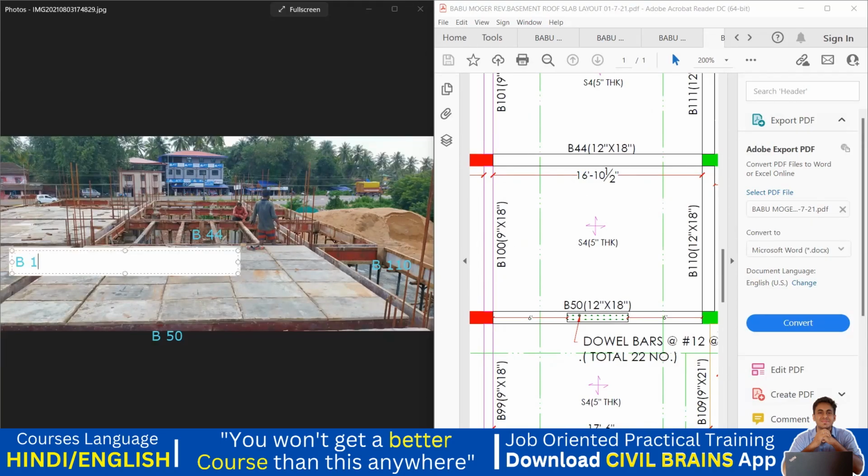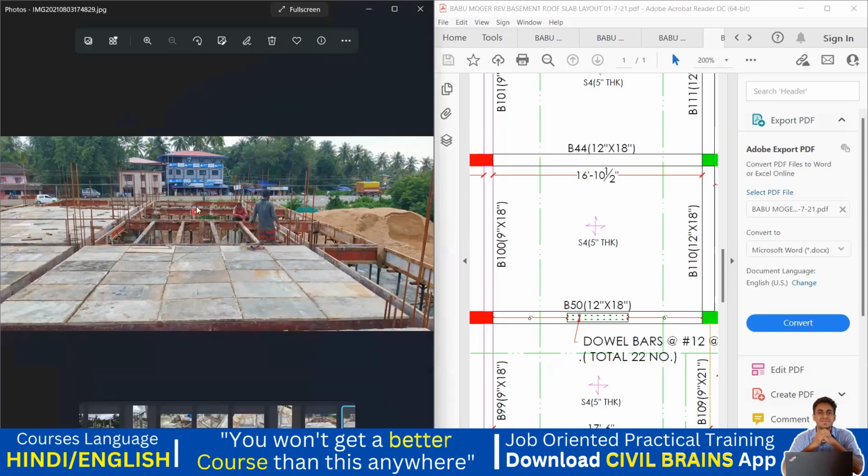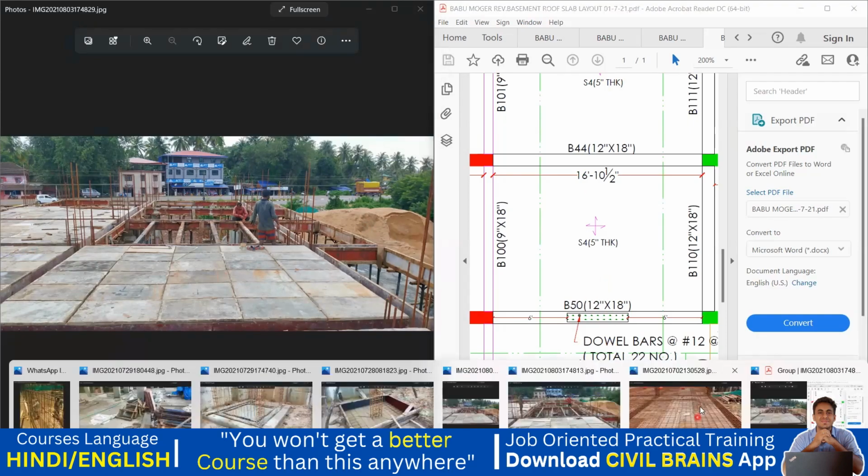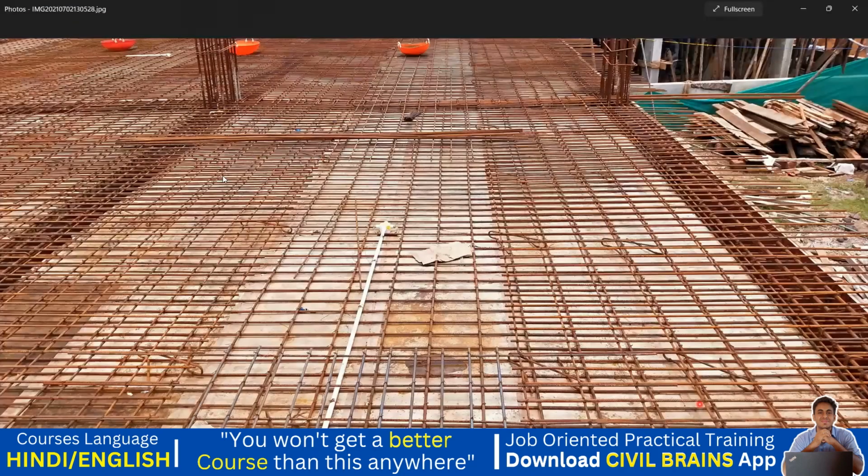Got it? So this layout will help me to arrange the beams and the slab centering practically on the site in this way, so that the carpenters and all can arrange all those cross spans in a better way. And of course, all these things have been covered in my construction methodology course. I have completely explained how all this was practically executed on the site for the same building, in a better way with a lot of site videos and all. Okay, yeah. So other than that, now coming to the reinforcement,